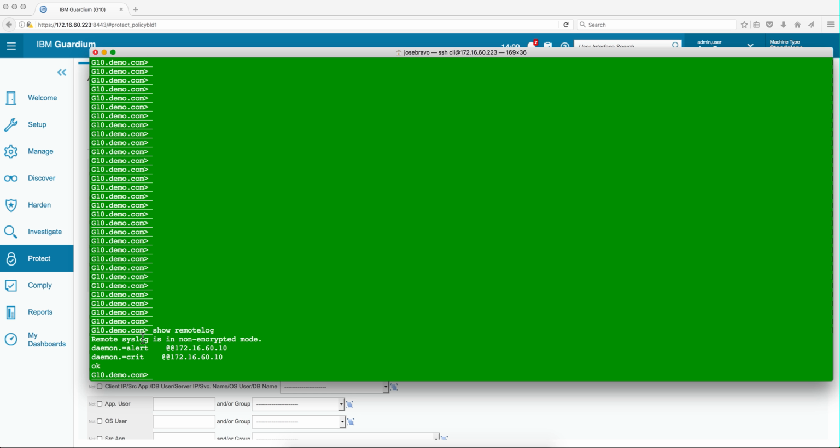So what we have here is, if you issue the command show remote log, you see that we have selected daemon.alert and daemon.crit, and actually made it point to the QRadar box. If you select all.all, then you're going to get a lot of messages that are not useful for security into QRadar, and that might increase your EPS, and that might not be a good thing. So by selecting these two parts of the daemon class of messages, you get that message flowing